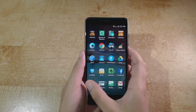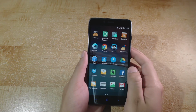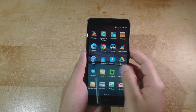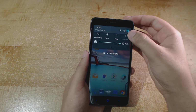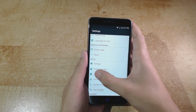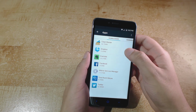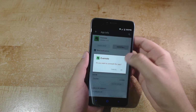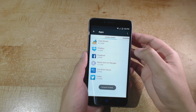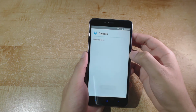On a final note, I wanted to take a closer look and see if some of the pre-installed bloatware can be removed from this phone without having root access. So, I basically just went into the application settings and proceeded to try and uninstall some of the programs. And so far it seems that a lot of the bloatware can be removed,